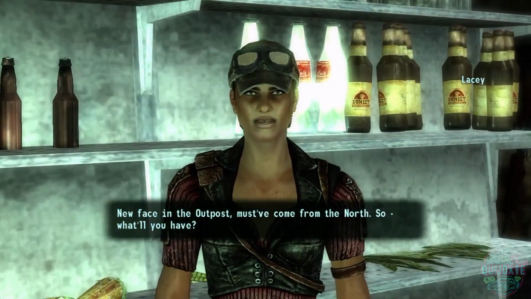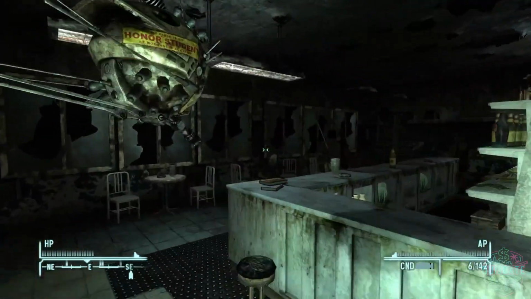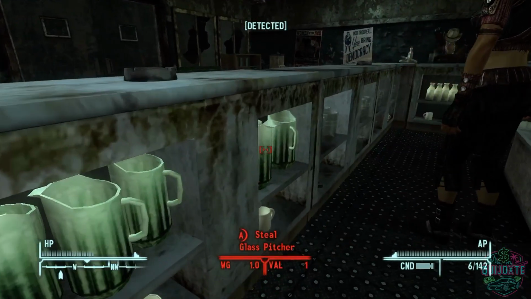New face in the outpost. Alright, so that's it. Howdy. And then we should be able to just turn off our light, sneak over and grab it. So let's find out. Hidden, we should still...